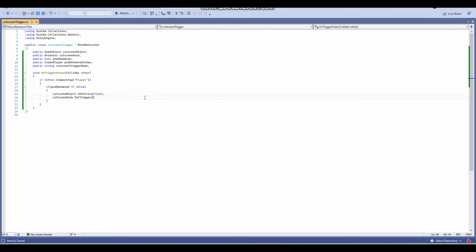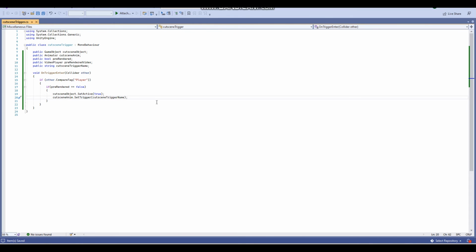So we'll enter that in here. There we go, and boom. So when the player enters the trigger, the cutscene object will be enabled, then the cutscene animator's trigger will be set,